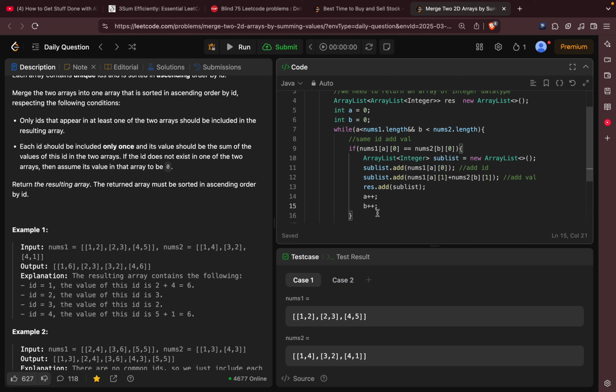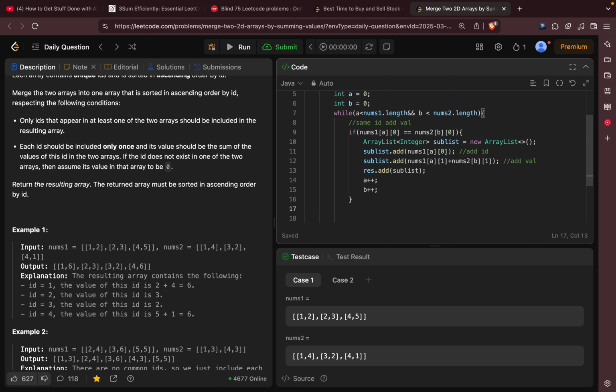Since they are in sorted order, I guess else if nums a of 0 is equal, if it's not equal to,